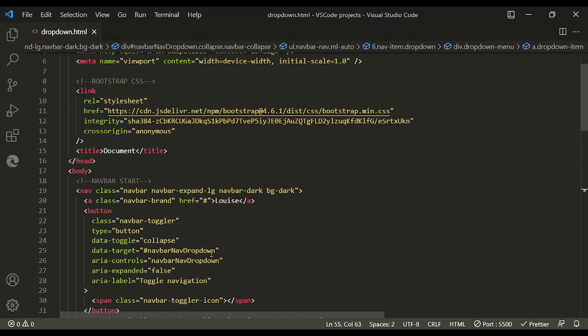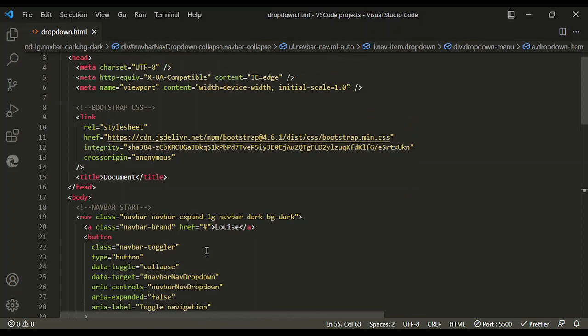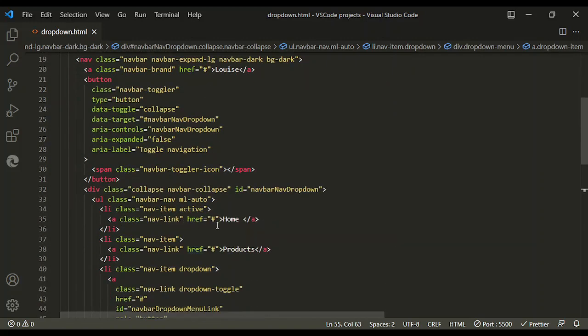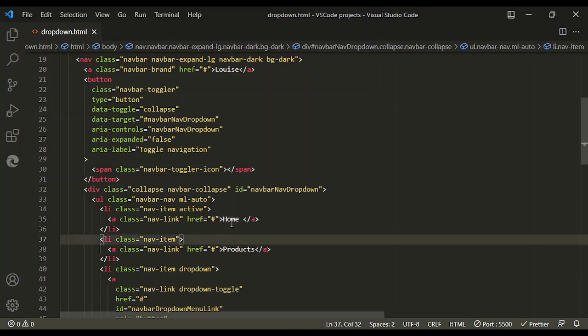So, instead of making a CSS, we could edit the size of the text present on our HTML using Bootstrap. For example, in this case, kung gusto nating palakihin pa itong home natin na text sa ating navigation bar, we could just add